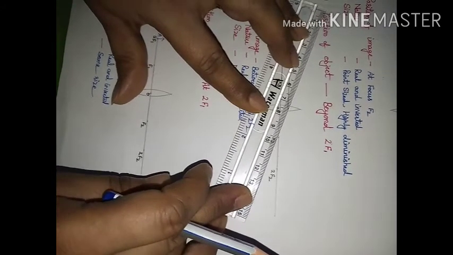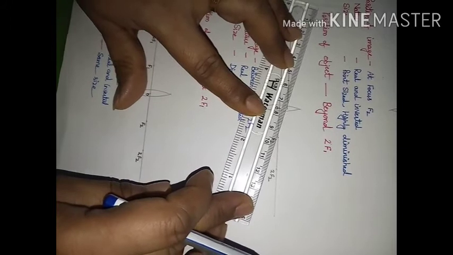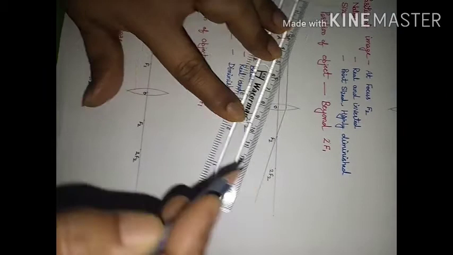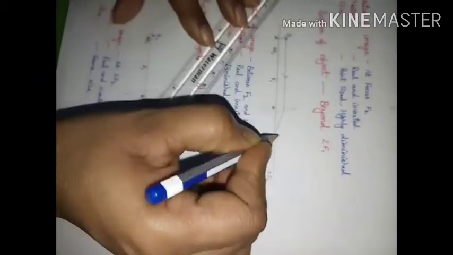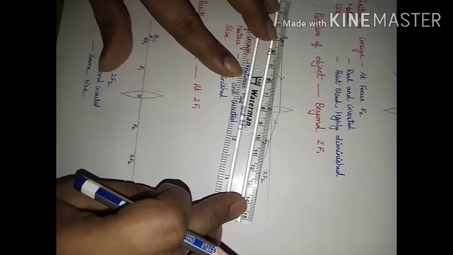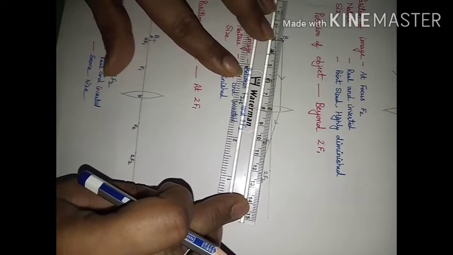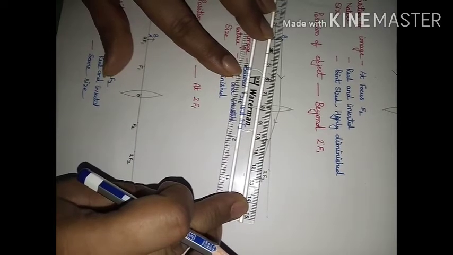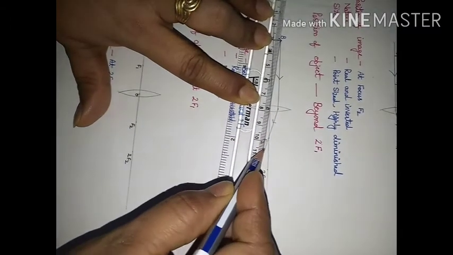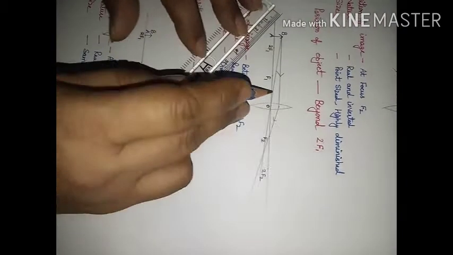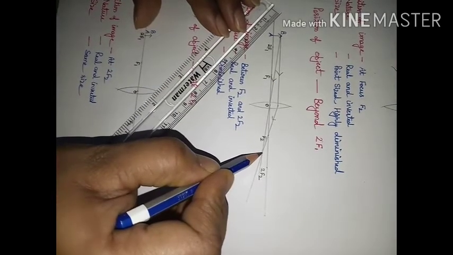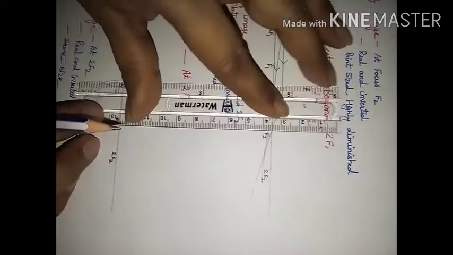So after refraction it will pass through the focus. So this will be the arrow. And another ray of light is passing through the optical center from the same point, and it will go without any deviation. So this is another ray of light. Both these rays are going to intersect at this point. So this is the point of image formation.